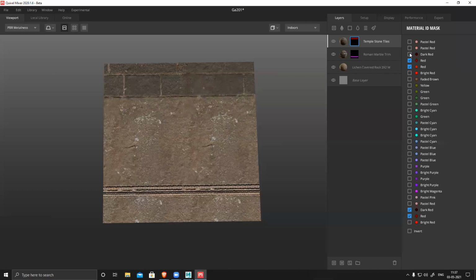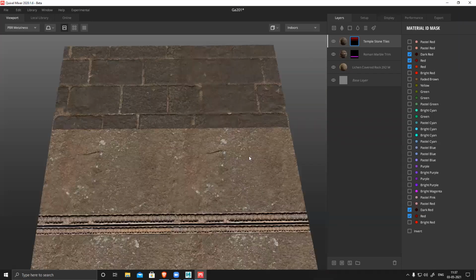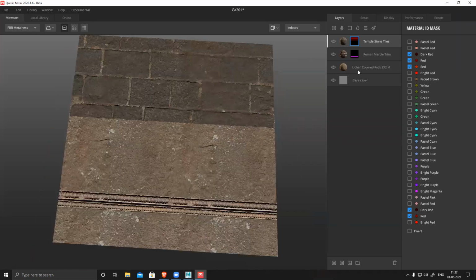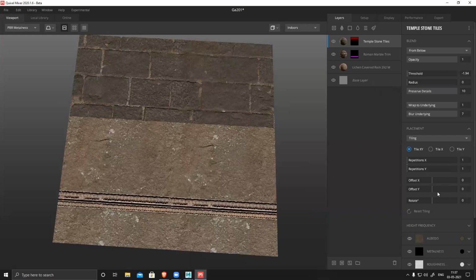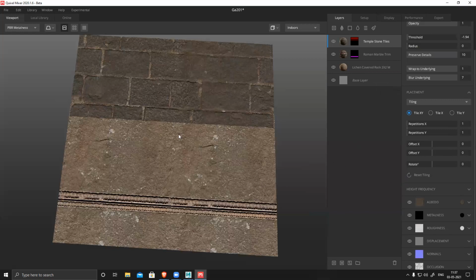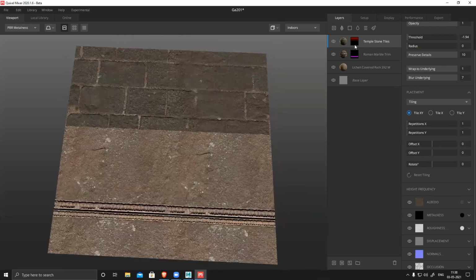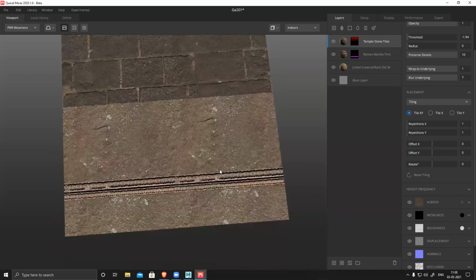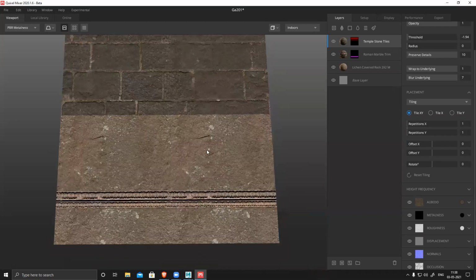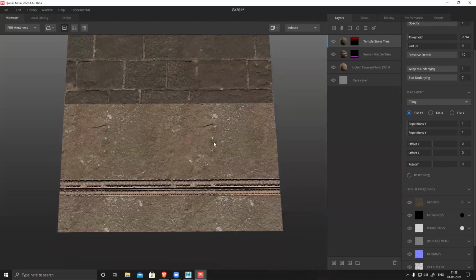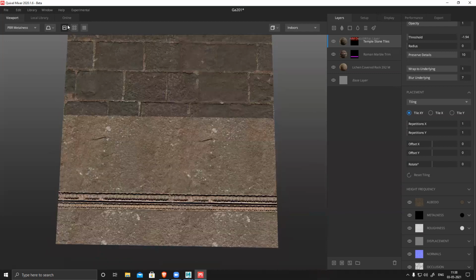So I can keep it on and switch it off. These two circles, if I want to keep them together, I can do that. And ID is there. Select this, and I can blend the color and do all those things. But right now I am only using ID, right? But what if I want to blend something on top of this, I want to create some moss or some other effect. So what I'll do is,